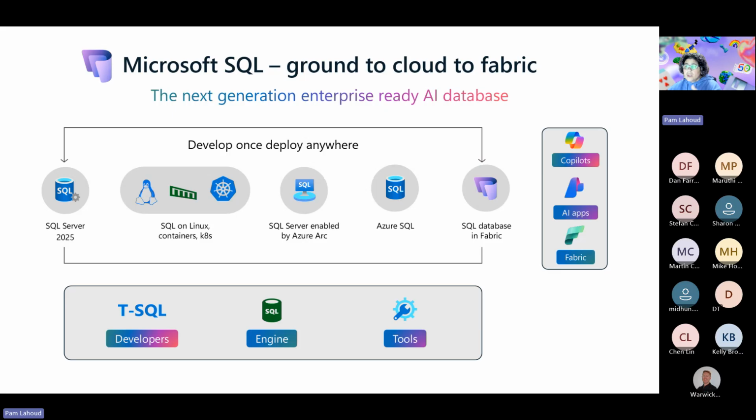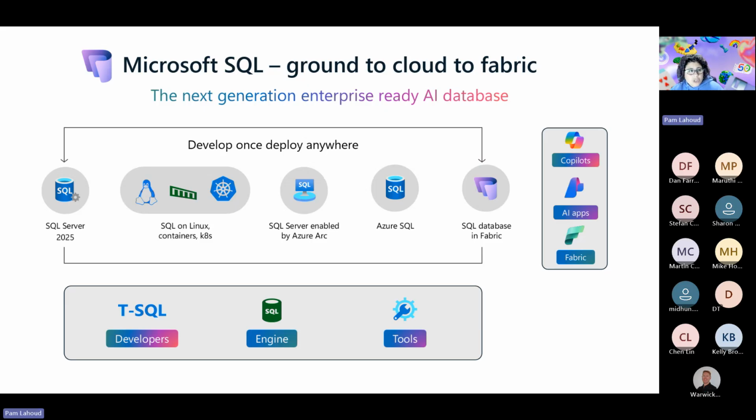You can mirror your databases. So if you already have existing databases on-prem or in Azure, you can mirror those into Fabric and then take advantage of Fabric without moving the data itself. So there's lots of choices here. So you might be asking, well, how do I know which one to use? So the rule of thumb is